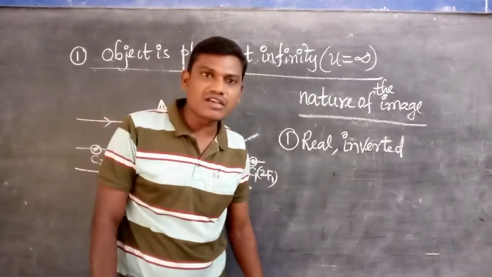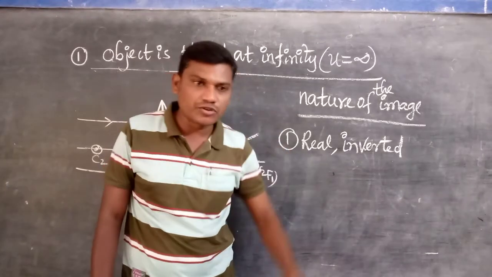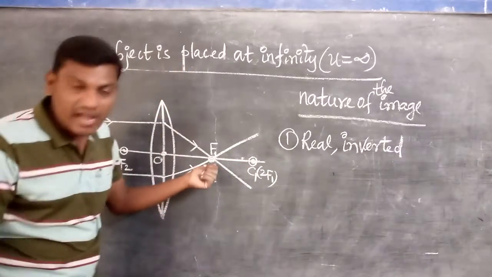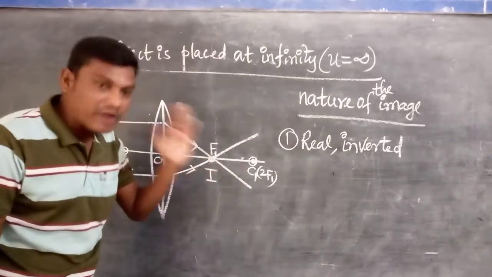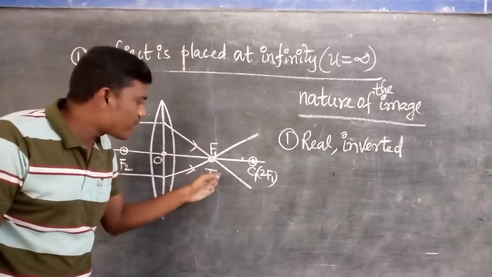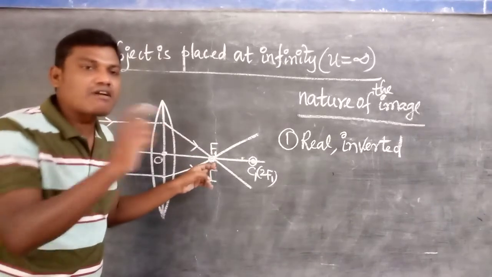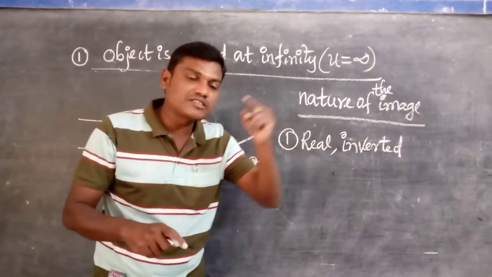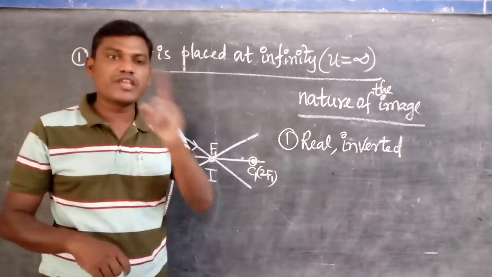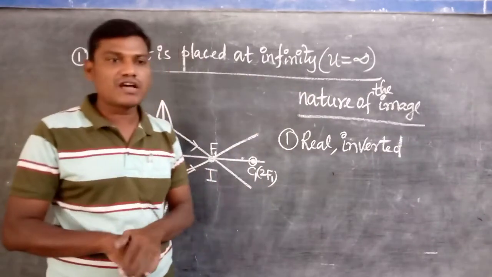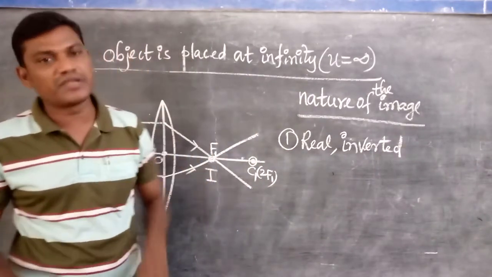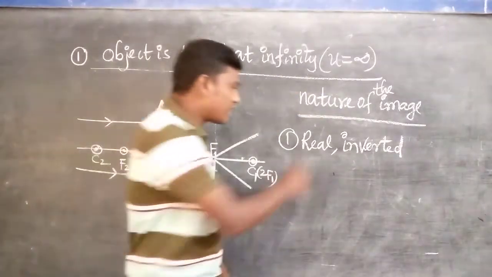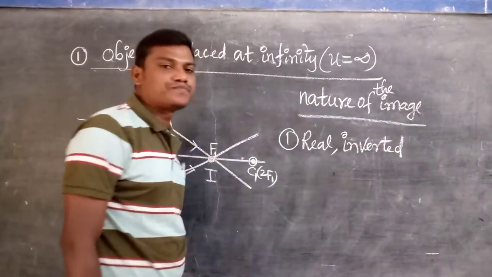For example, in the case of a human being, the head appears at a lower position and the legs appear at a higher position. In the same way, when we place a white cloth or a white paper at the principal focus, we catch the image on the screen. We know that a real image is always obtained on the screen, but a virtual image we cannot obtain on the screen because it is formed behind the mirror. But a real image will be formed in front of the mirror. A real inverted image will be formed.